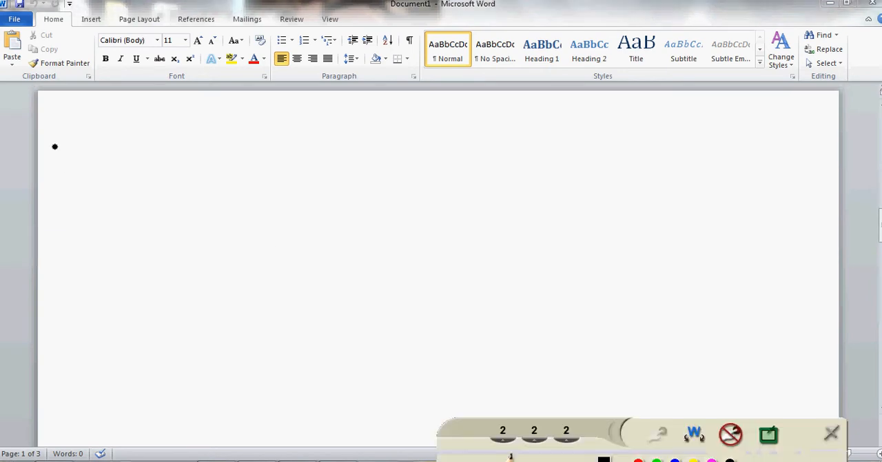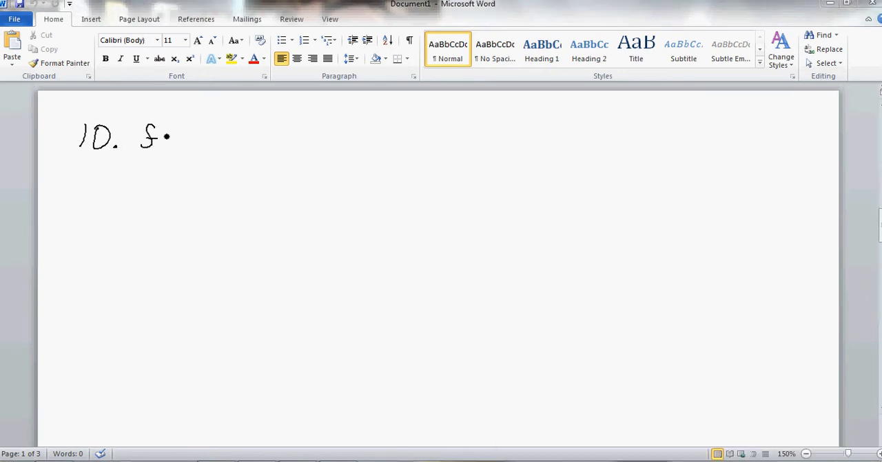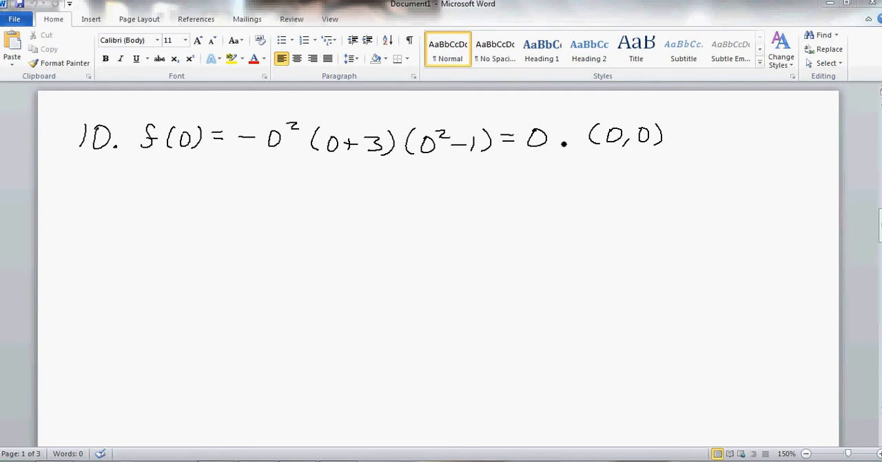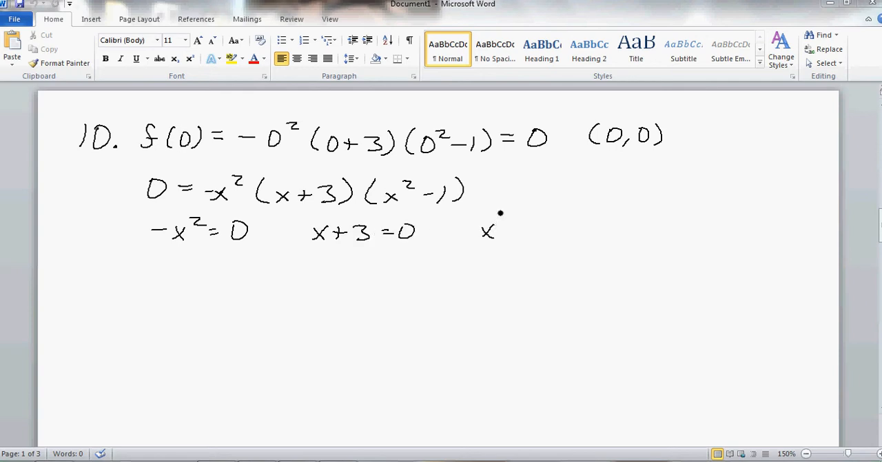Example number 10. F of 0 equals negative 0 squared times 0 plus 3 times 0 squared minus 1. Well, 0 times anything is still 0. So one intercept is 0, 0. Setting each one of those equal to 0, set negative x squared equal to 0, set x plus 3 equal to 0, and set x squared minus 1